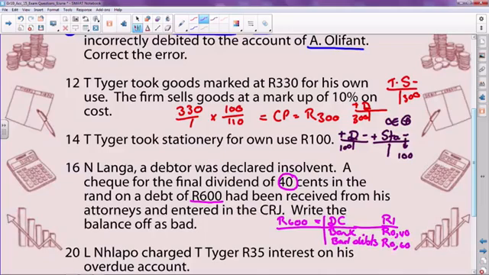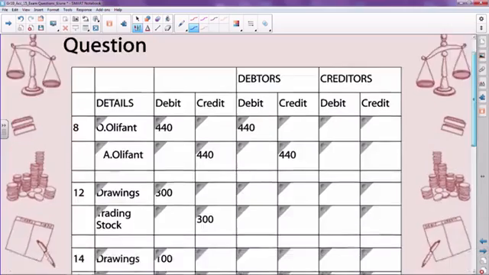Now what do I do? I say 600 times 0.4, and I say 600 times 0.6 to get the answer. But what am I looking for? I'm looking for the 60 cents that I'm writing off in every Rand. So 600 times 0.6 gives me my answer. And let's go and look in the